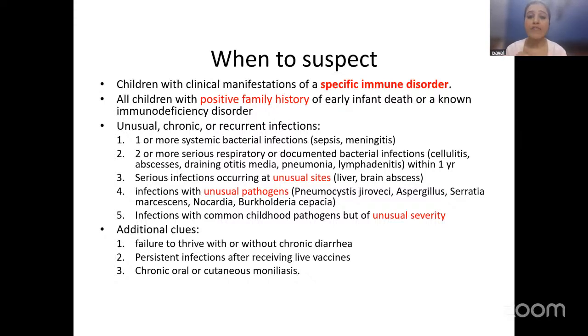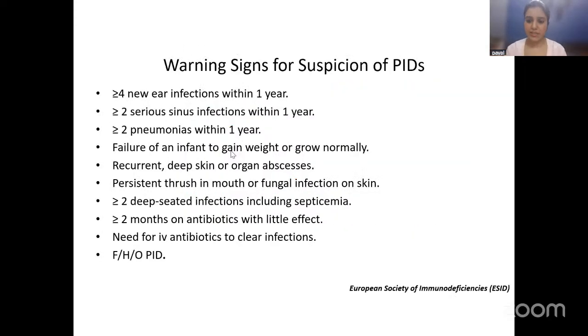Then we talk of unusual sites, unusual pathogens. Again, when you say unusual sites, sometimes, for example, let me go to the next slide. So these are the European Society of Immunodeficiency warning signs that have been given. A lot of residents will say, oh, this patient had three times otitis media, four times otitis media, or had this particular disorder, so likely we should think of immunodeficiency. He has an allergic disorder also. No, you have to see whether it is the same anatomic site which is getting infected again and again, then likely it is a defect in the anatomic site because of which there is repeated infection.